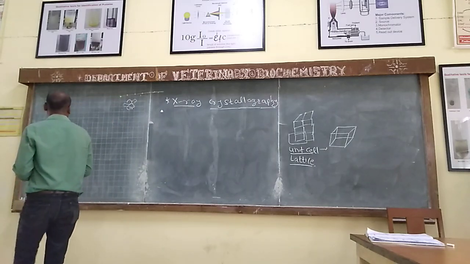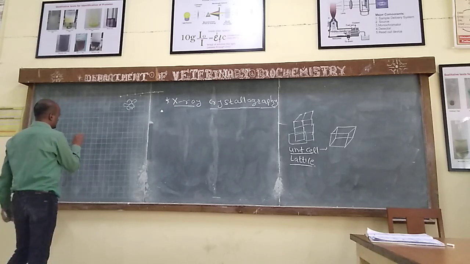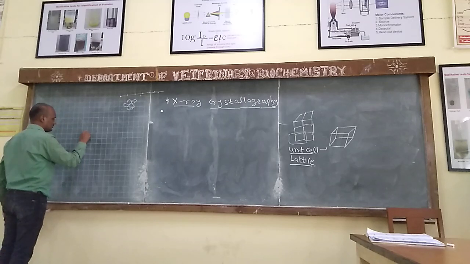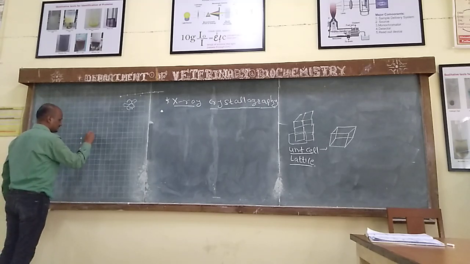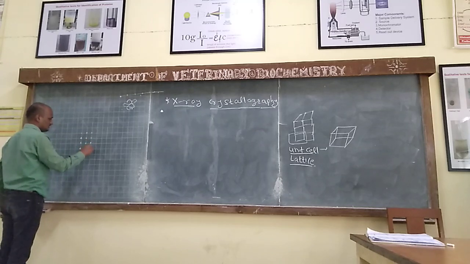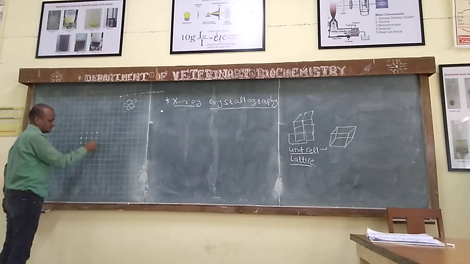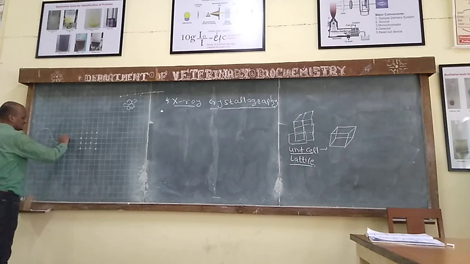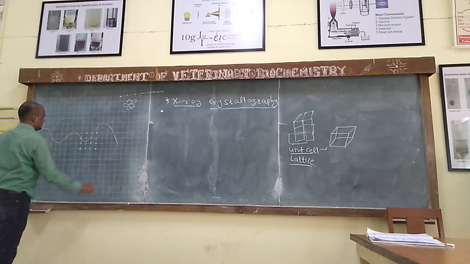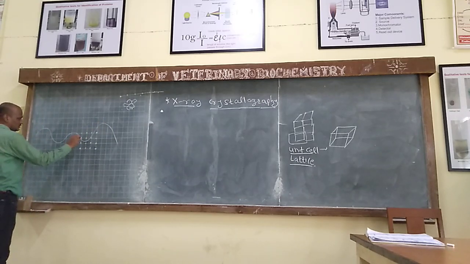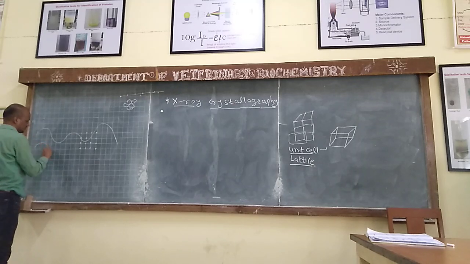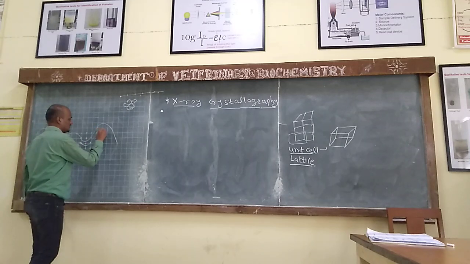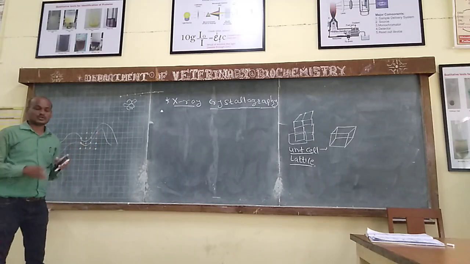Next we have the crystal. Now this is our crystal. 1, 2, 3, 4. So this is our crystal structure. So this is the internal structure. Now we are passing light through this. So we are passing light like this, and light is passing through this point. Another light like this is passing through here, and now it is constructive interference. Means they are following the same pattern. Okay, they are following the same pattern.